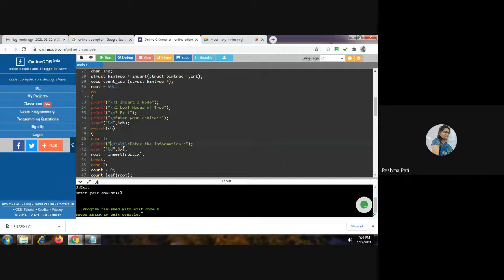We get that data into this x variable. After that, we call the insert function, passing the root variable and this information x. So now go to the insert function directly.